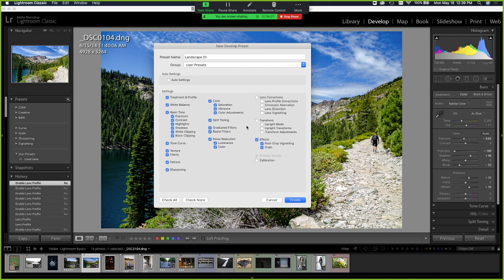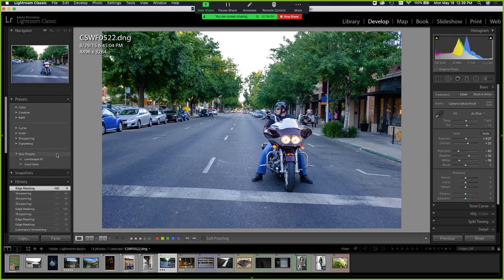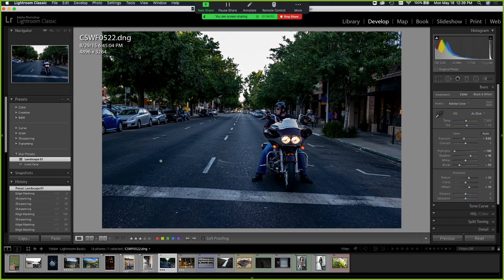And you probably don't want to do, let me see, I would usually turn off white balance because that might be something that's different per picture. Just anything that you want, especially the basic tonality. And then if I hit create, I now have that preset over here on the left hand side under user presets. Now if I click on a different picture and I go to that preset, it will assign that preset